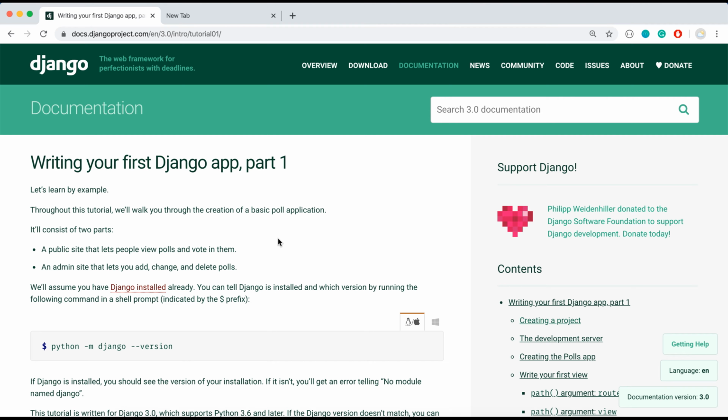Okay, so we will actually follow Django's documentation, the official one, and we will try to stick with whatever is described in the Django documentation. We won't do anything on our own. We will just stick to the tutorial. We will even try to match it. We will do some experiments in the end, but in the beginning we will try to stick to this, even